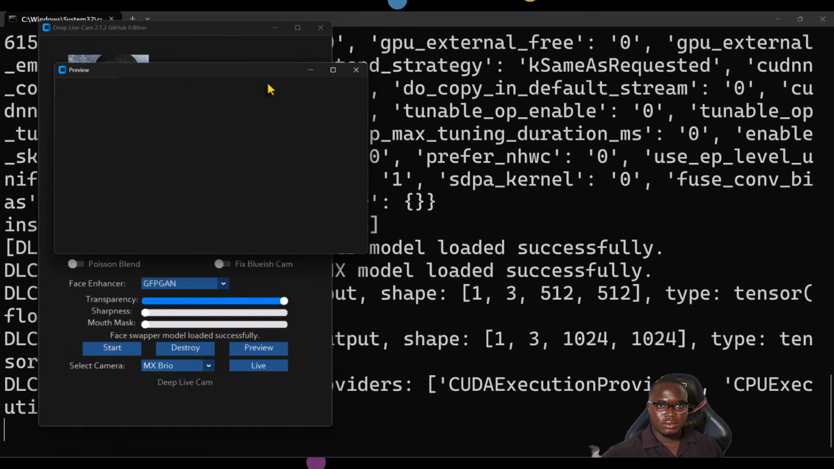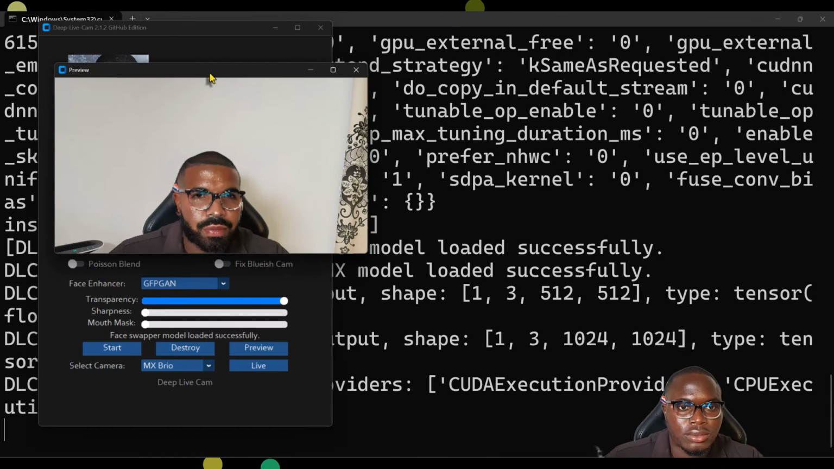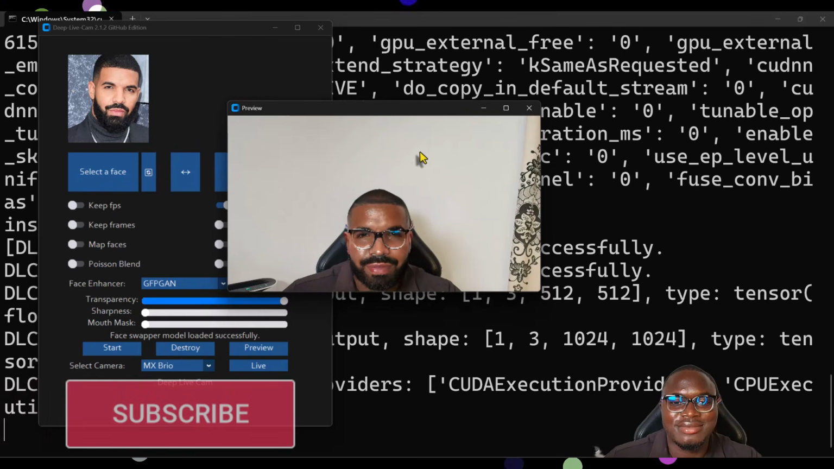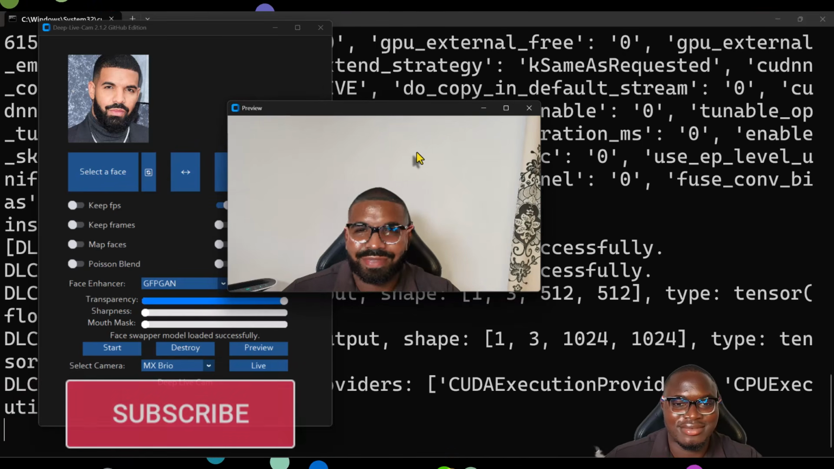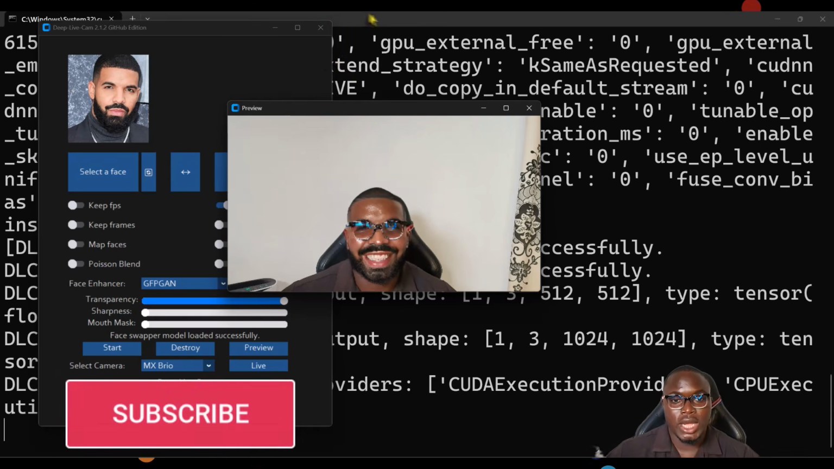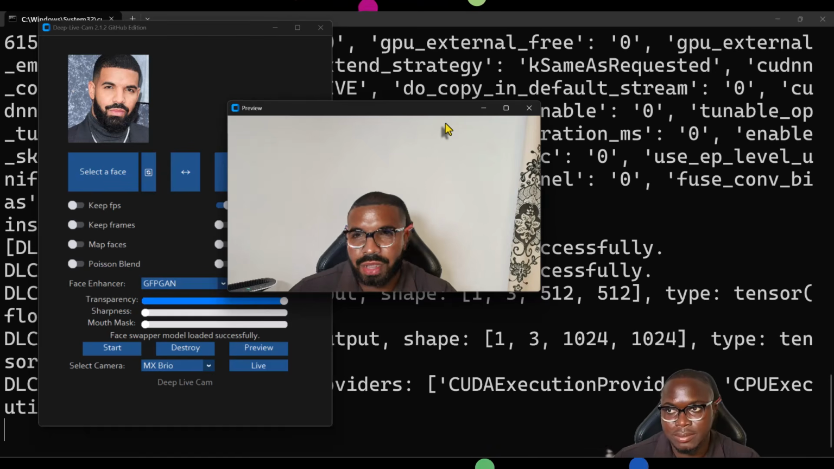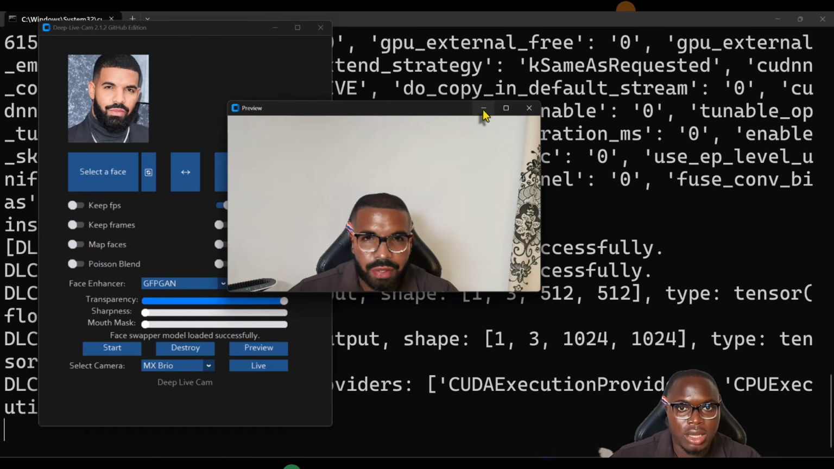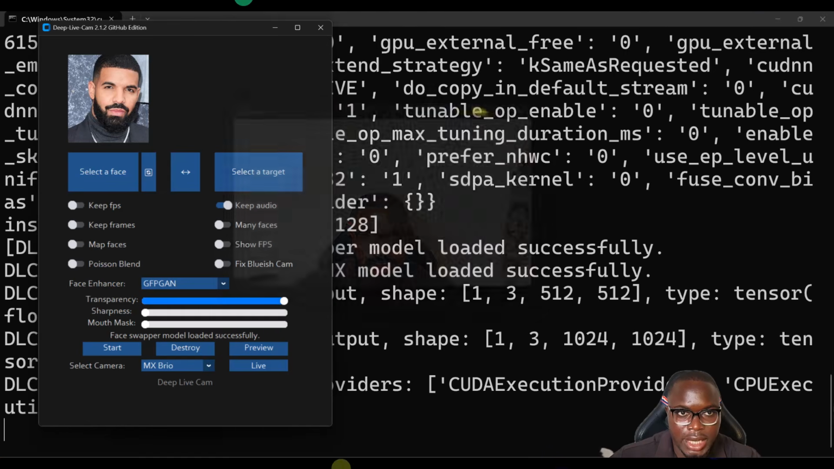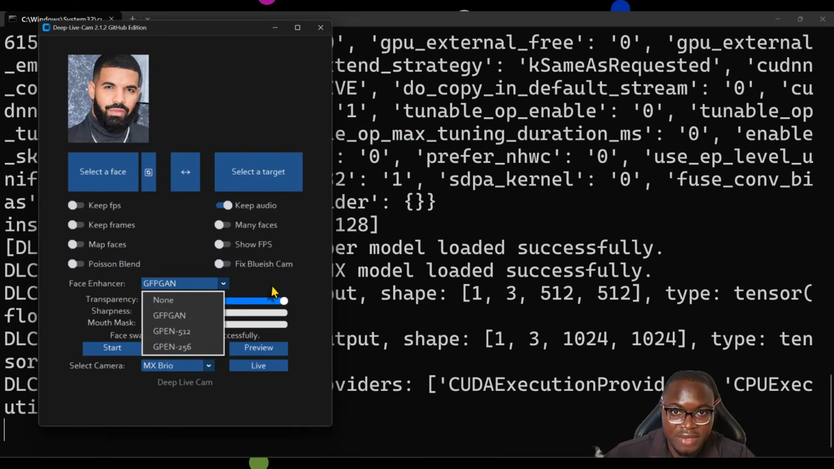All right, okay, so here goes the preview. Okay, so that is that. You can now proceed to integrate it into OBS and stream live. Okay, all right, now let me close this again and let me point this out. If you have a low graphics card laptop, select the face enhancer and put it on none. But if you have a high graphics card laptop,